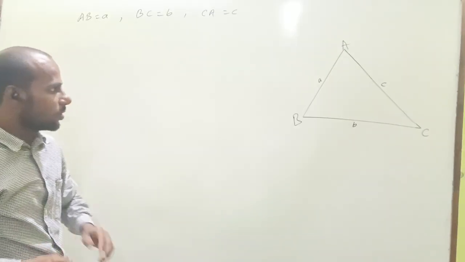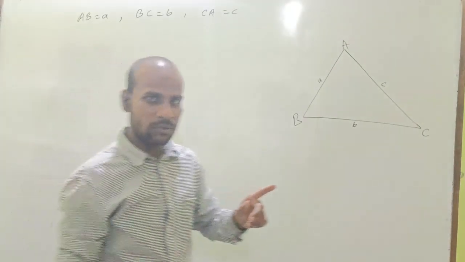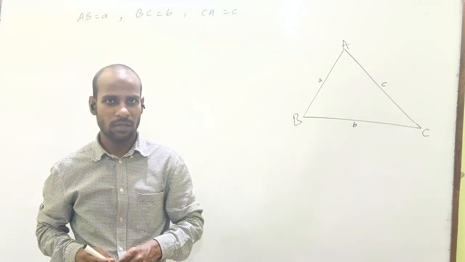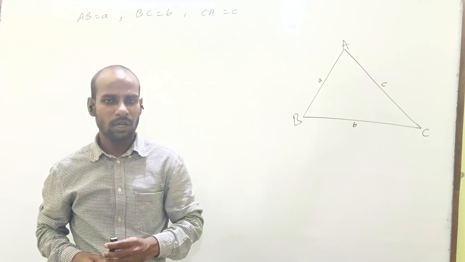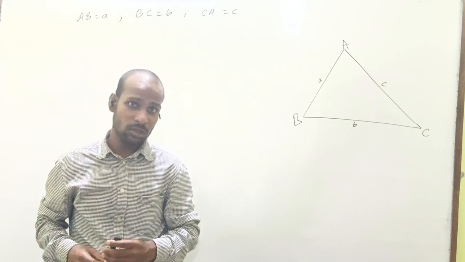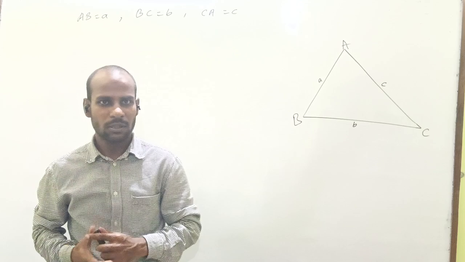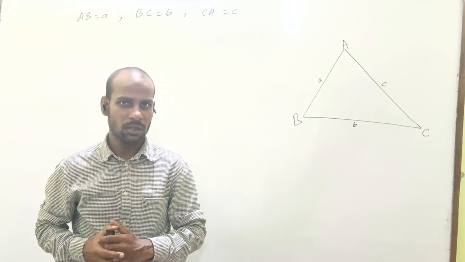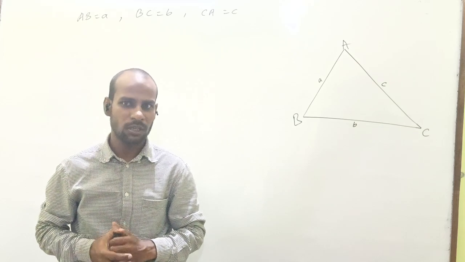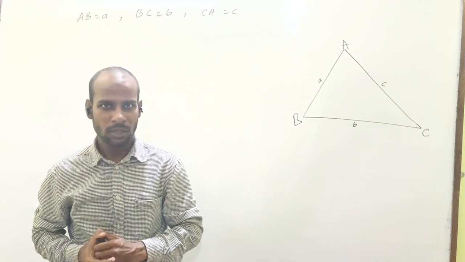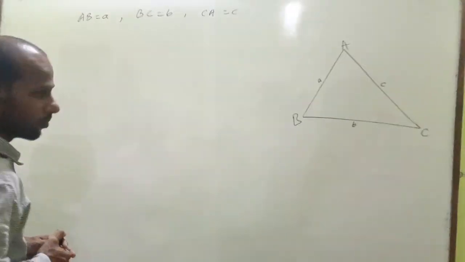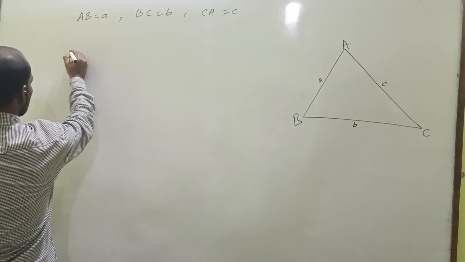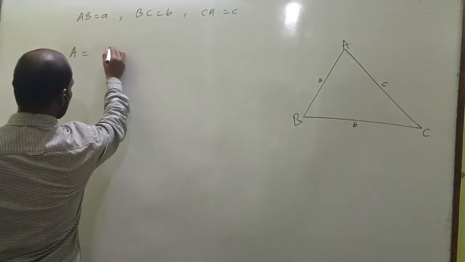As we all know, in any triangle where all three sides are not equal to each other, that triangle is called a scalene triangle. We generally use this formula in a scalene triangle, but it is not only for scalene triangles. We can apply Heron's formula in any kind of triangle, either scalene, equilateral or isosceles. The formula is a very well known formula, which is A is equal to